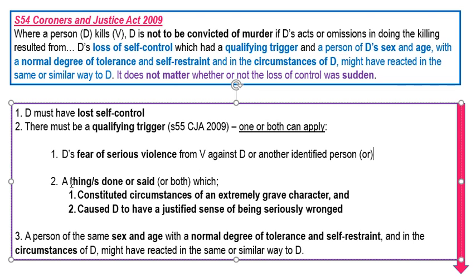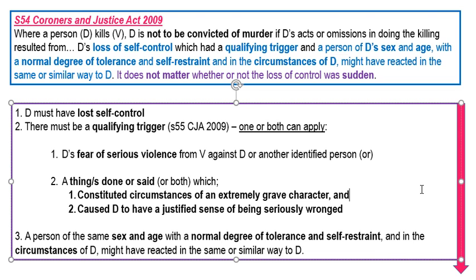So what that means is the victim has either carried out acts or said words which were of extremely grave character. So they've said something very, very bad here. It can't just be, I don't know, calling out new trainers that they've got on, or calling them names because they're wearing glasses. They need to have said something extremely grave. So let's say, for example, they are mocking the dead,